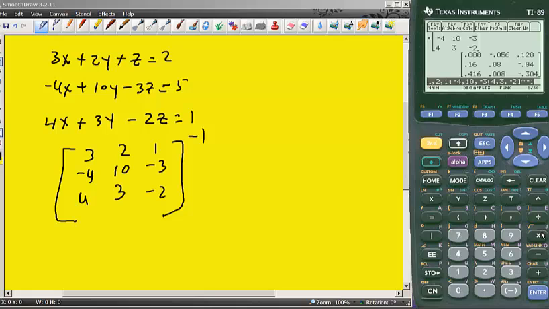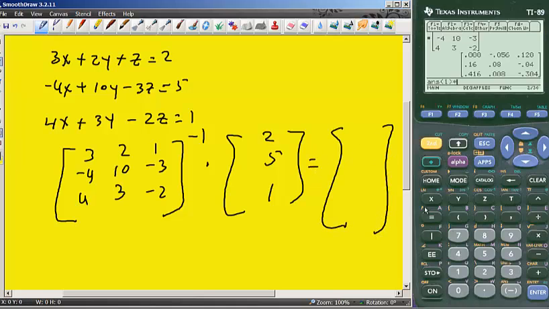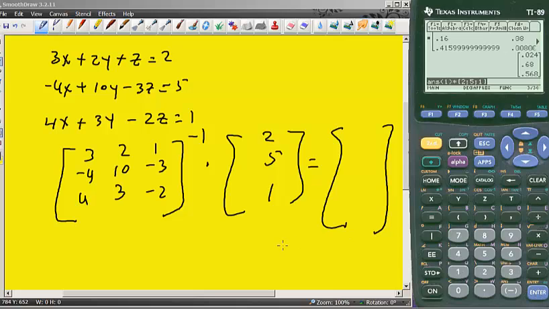Let's say we want to multiply that inverse matrix by this 2, 5, and 1. If we do that, we should get the answer for my x, y, and z. So let's go ahead and punch those in. So brackets, 2, semicolon, then 5, semicolon, and 1, close the bracket, hit enter, and there it is. So my x is equal to, so this tells me